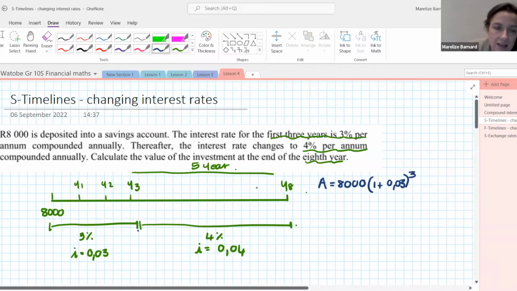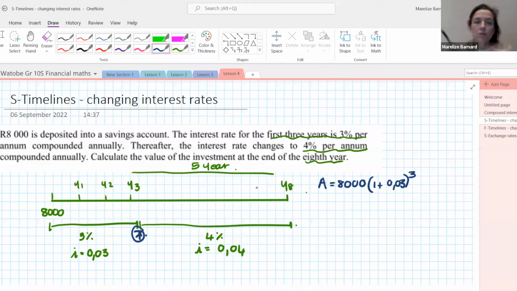And that takes us up to this point here. And the money, because it grows up to that point, you take that amount that's now grown by 3% for 3 years. And that is basically your principal amount for the next 5-year investment. And the way we can do it is just make another bracket and say, this money that's now grown by 3% for 3 years is now going to grow at